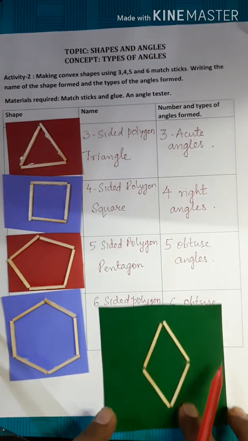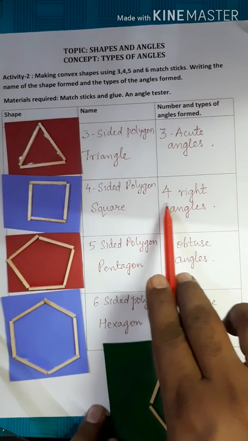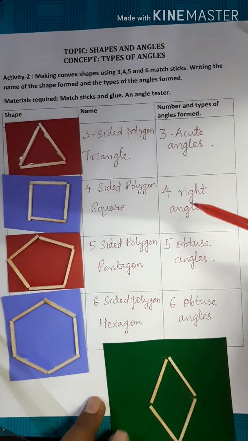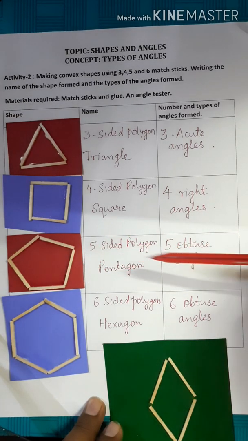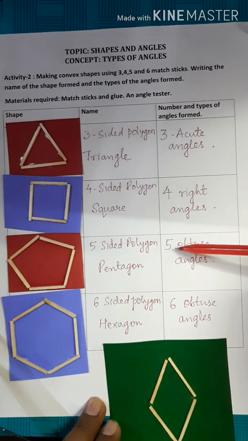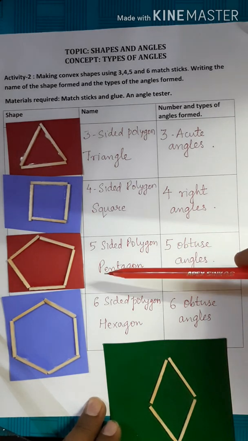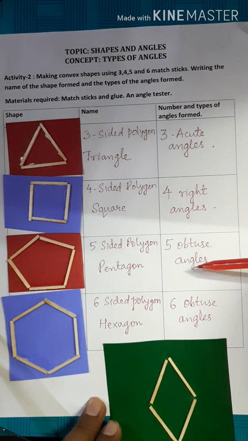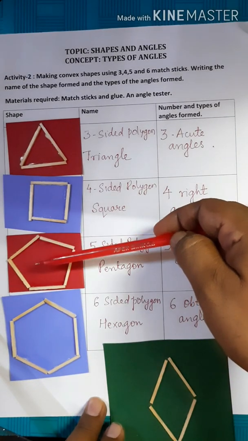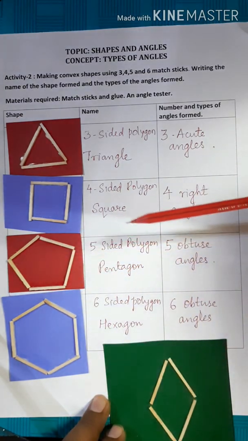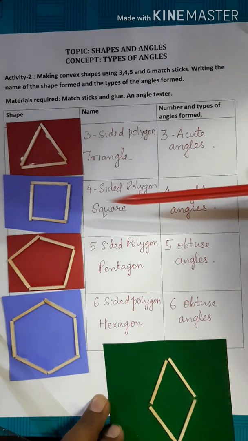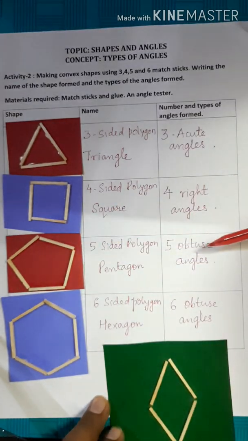So in case of a quadrilateral, either it has 4 right angles or one or more angles may be equal to a right angle or more than a right angle also. If it is a pentagon, mostly all the sides are equal and all the angles will be obtuse, unless you press one of the corners in such a way that two or more angles will be obtuse angles. The angles may vary. In this case, all the angles are obtuse.